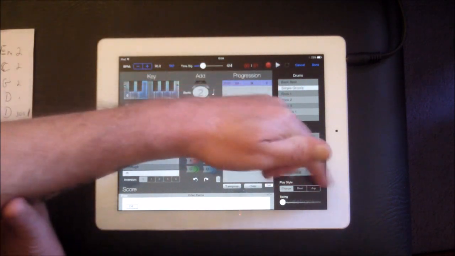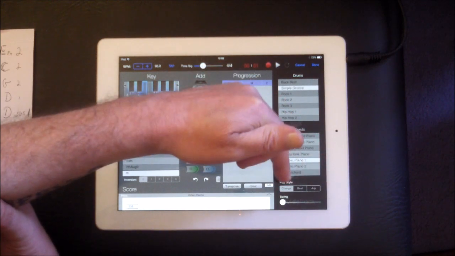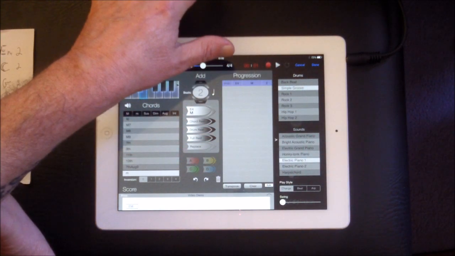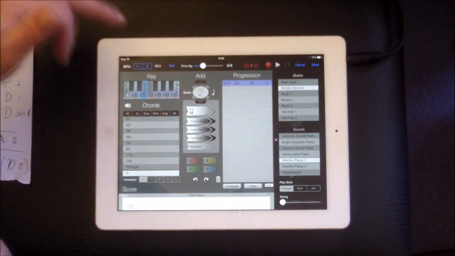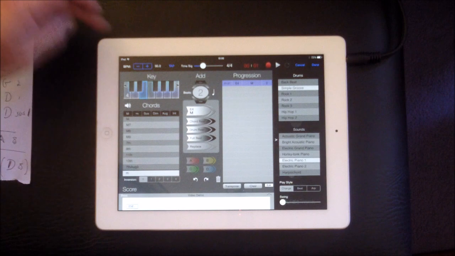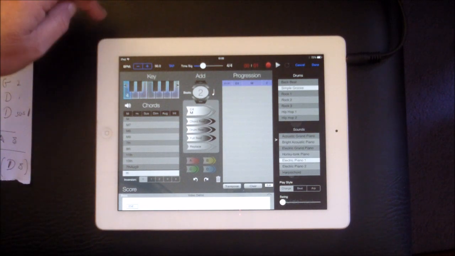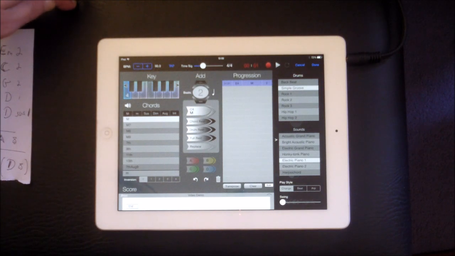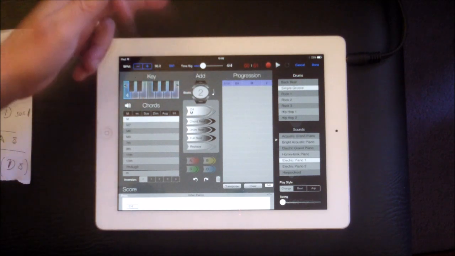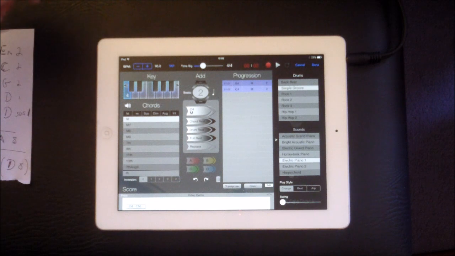Now our play style can be different things as well. We can have it just play one chord and then change on the next thing. We'll leave it on that for a sec. Now, my second chord is a C, and it's not a minor, it's a major, so big M, C major, but it's also for just 2 beats, so we'll just throw that in there as well.